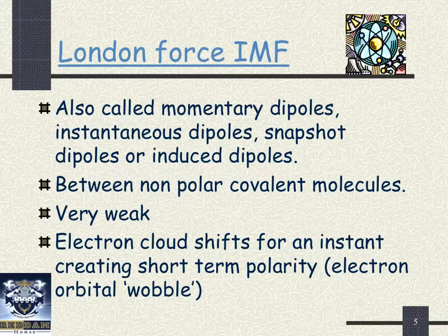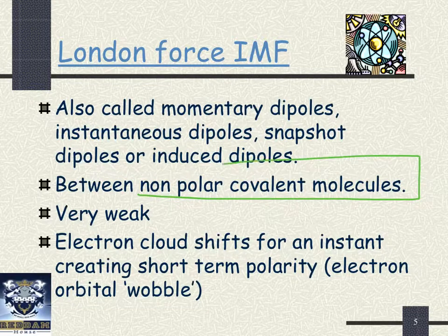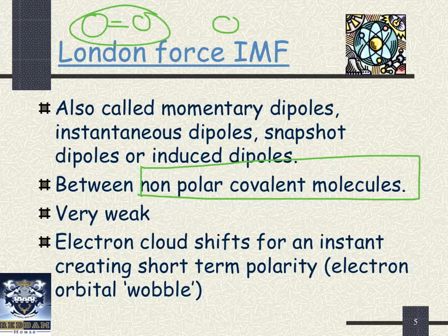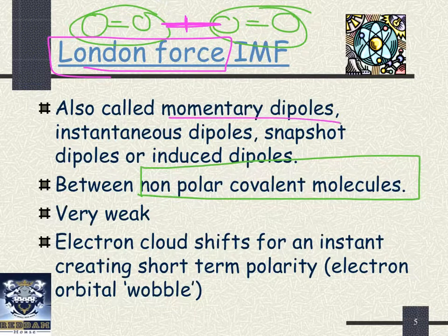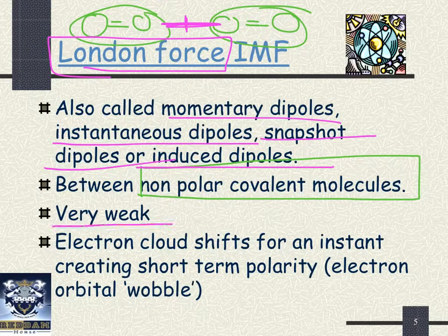London forces very, very importantly exist between non-polar covalent molecules. So in other words, how does one oxygen hang on to the next oxygen? They're both non-polar. How come these two would get attracted to each other? The truth is they're not attracted very easily because most of the time they're a gas. But if you bring the temperature down low enough, they will be attracted to each other to form something like solid oxygen. What is that force called? It is a London force or a momentary dipole, instantaneous dipole, snapshot dipole, or induced dipole. These are very, very weak, and they result because